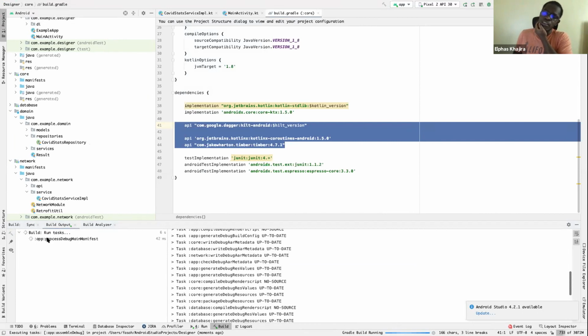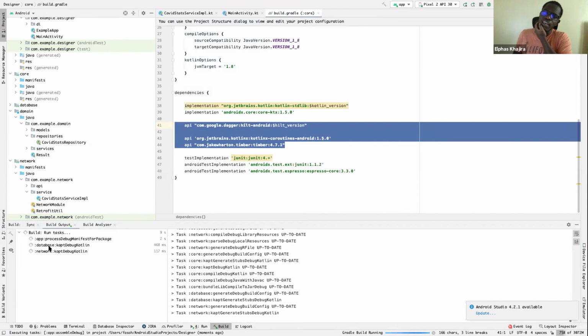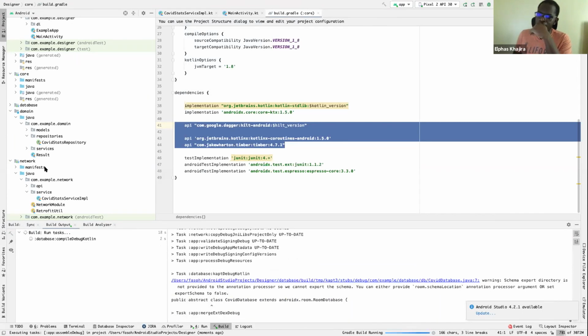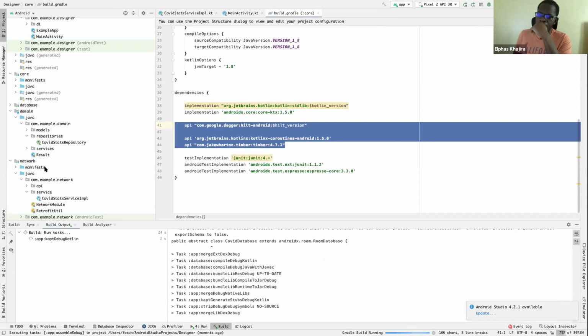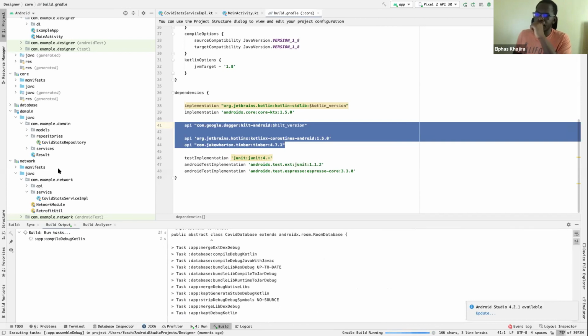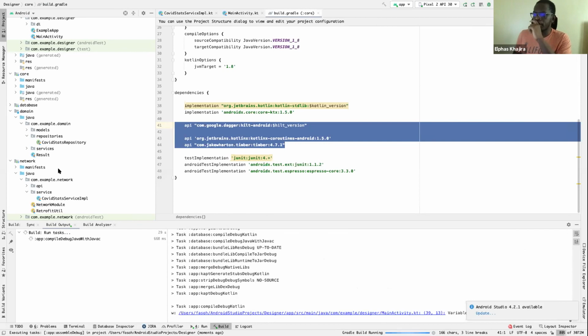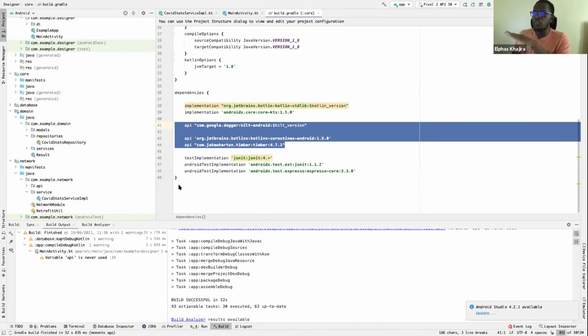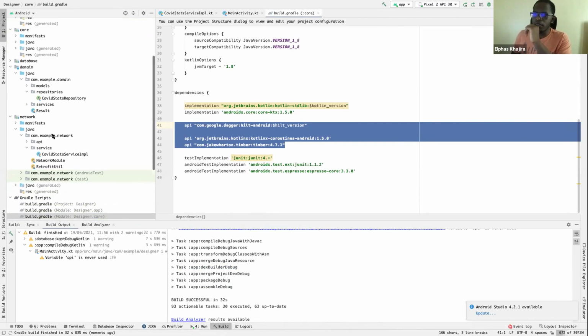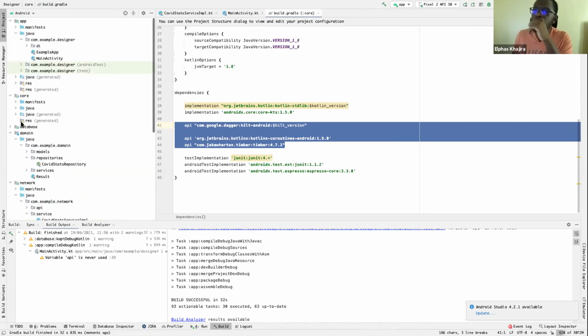So we've changed the domain. The app will also get changed. I think I haven't built this, so it will build all of them. So it's built all the modules. So let's go and change something in the database.